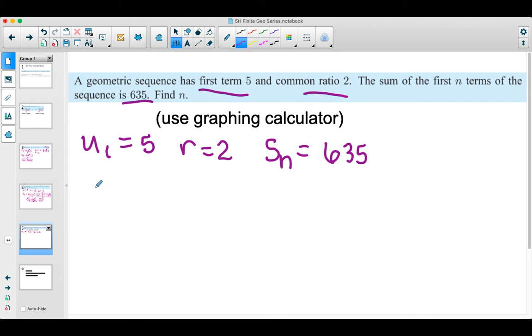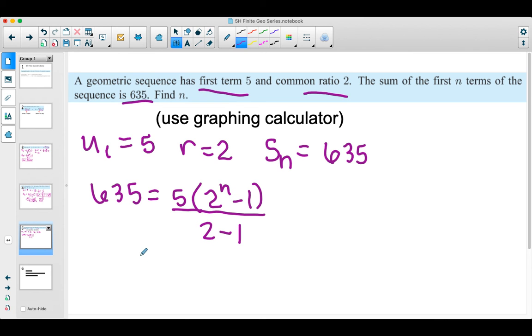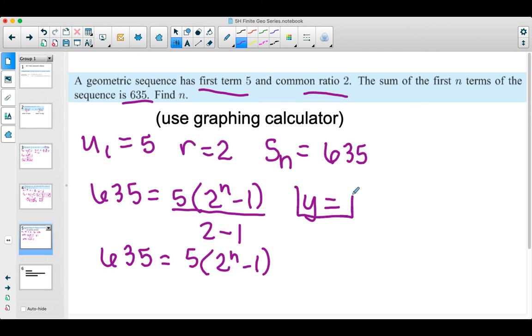So if we plug that into our formula, since r is positive, we're going to use the first one. We're going to have 635 is equal to 5 times 2 raised to the n minus 1 all over r minus 1, which is 2 minus 1. So that's just 1. So we really have 635 is equal to 5 times (2^n minus 1). And what we can do with that, on your graphing calculator, you have a button at the very top that says y equals. If you go to your y equals button and type this equation in,